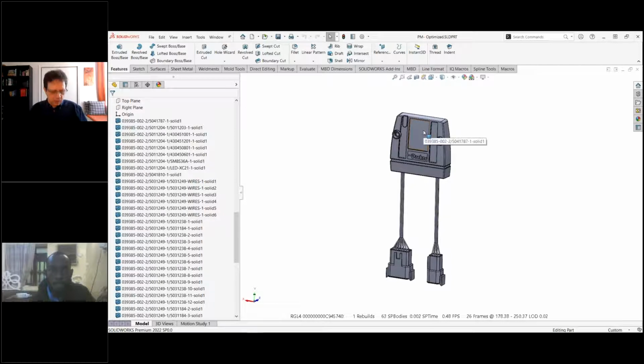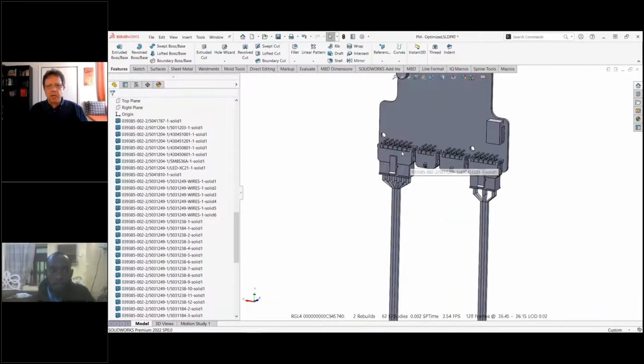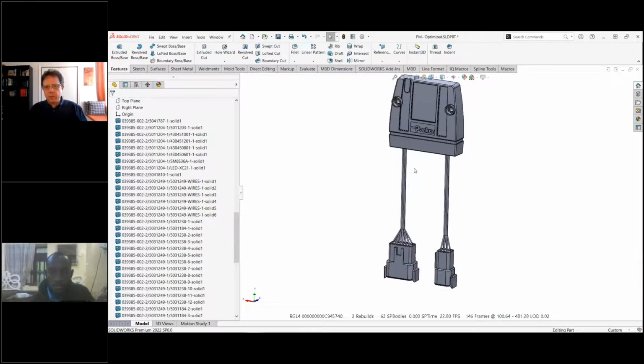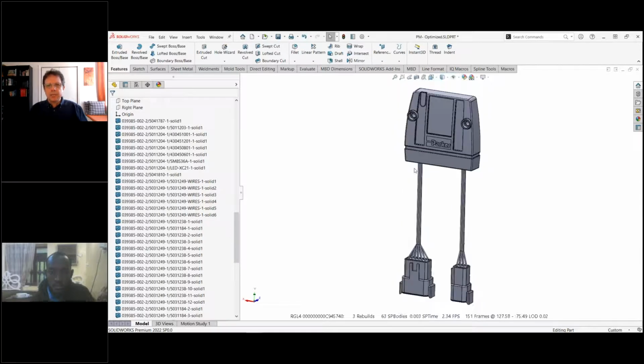There are all kinds of things here on the inside that you can see, all kinds of bodies here that I would like to select and eliminate. So the question is, how do I do that? And a first tip, I hope you guys know, but if you don't know, when you are in an assembly or a multi-body part, if you want to hide something, it's enough just to move your mouse over that specific component if you are in an assembly, or specific body if you are in a multi-body part,